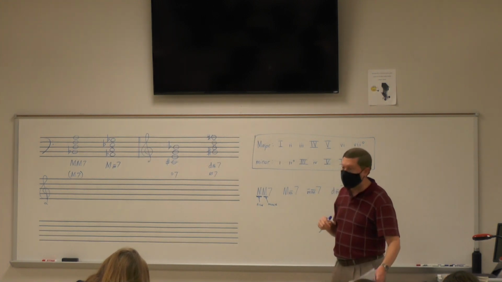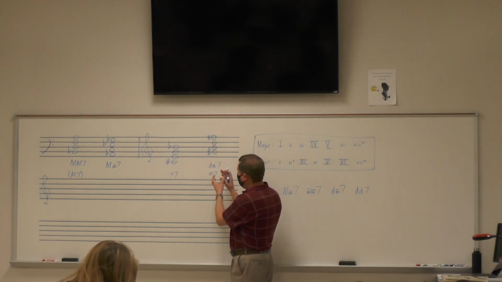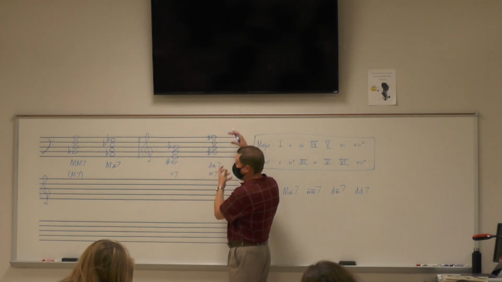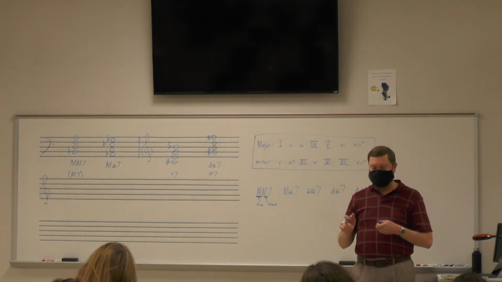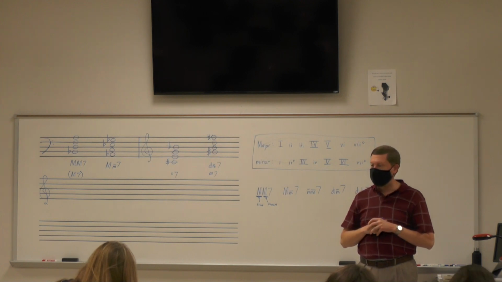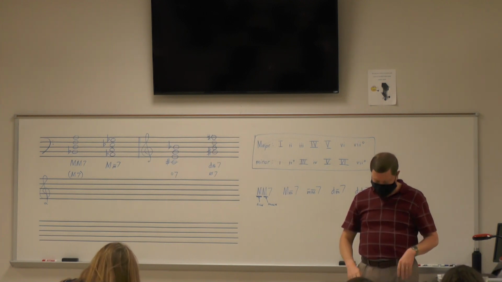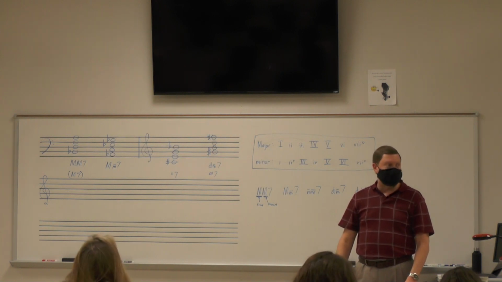But you need to use whatever accidentals are necessary to get the right intervals, to get the right triad type on the bottom, and to get the right outside seventh interval. Now, is that impossible? No, it's not. You can do this. Does anyone have any questions before I enter what your next